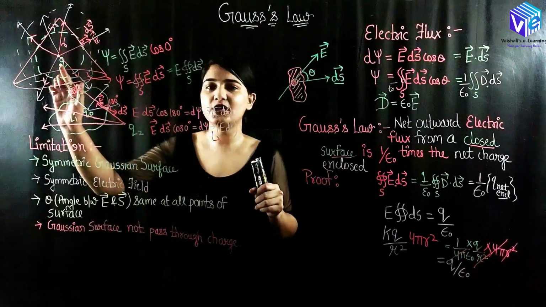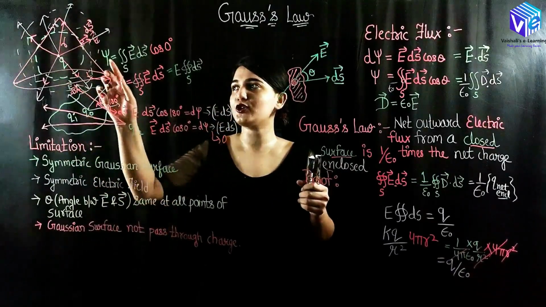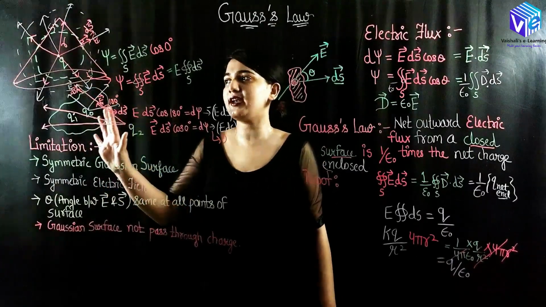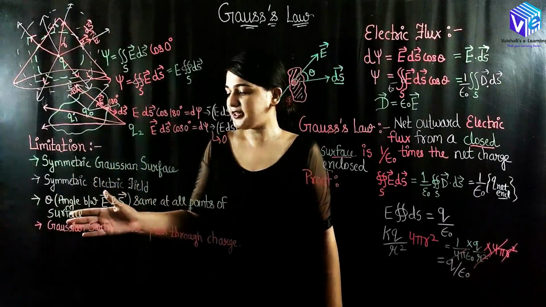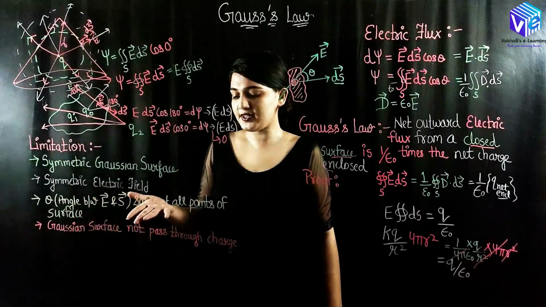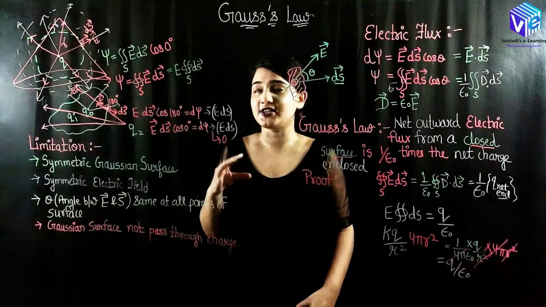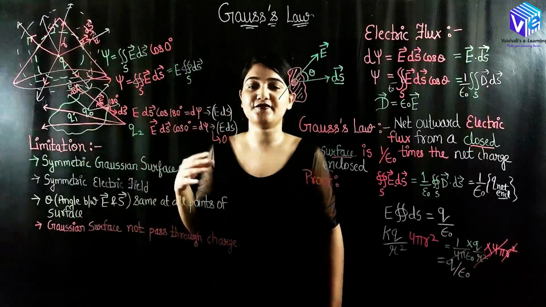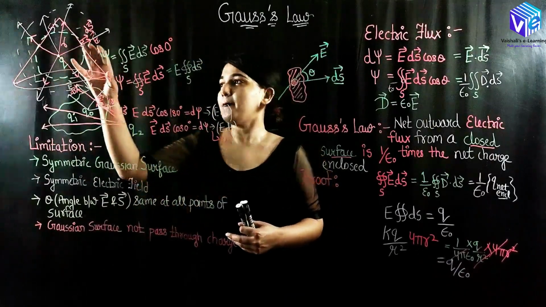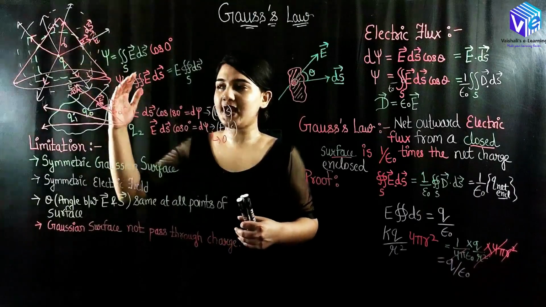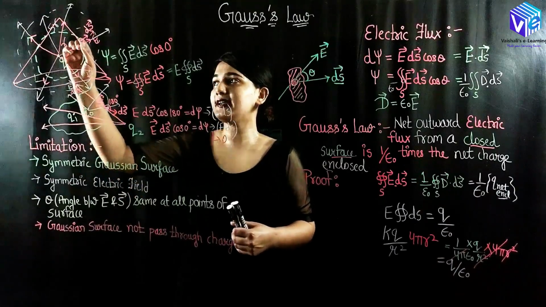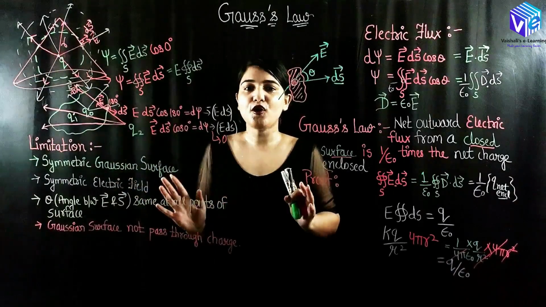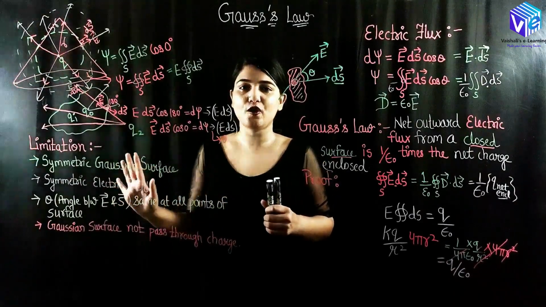So here I had only one charge, and due to this charge only I was having the electric field. This charge was not changing, so this electric field is not changing. Now the next point is that the Gaussian surface is not passing through the charge. The charge is at the center of the Gaussian surface in most cases. But in some cases it can be at another location as well, but it can never be at the boundary of the Gaussian surface. So in all of these cases my Gauss's law will fail.